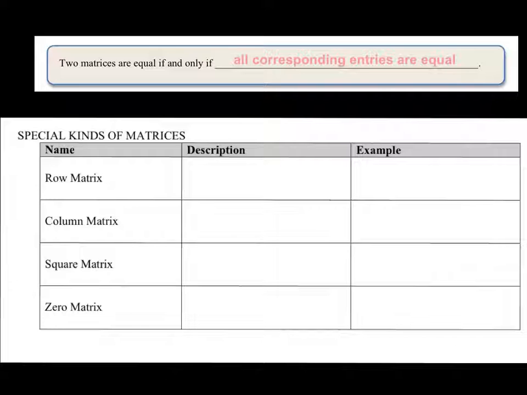Now there are some special kinds of matrices. The first one is a row matrix, and we have a column matrix. Now they're all pretty self-explanatory, but a row matrix is a matrix with only 1 row. And remember, just don't get your rows and columns confused. A matrix with only 1 row, so that would look like,